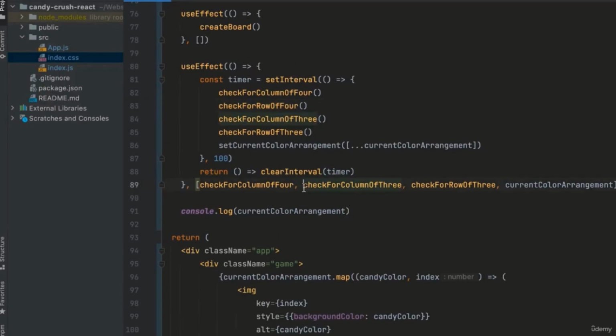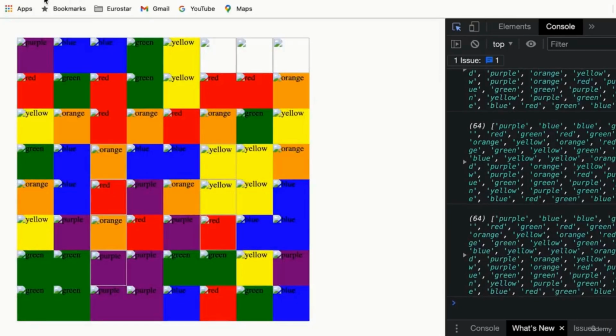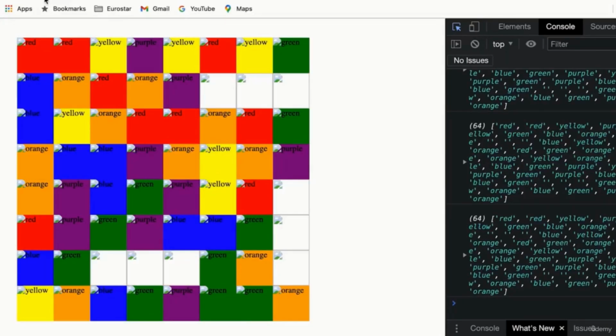Let's carry on. Now we have completed doing checks for all the matches. The next thing we are going to do is actually move squares down into the squares below if it is empty. Okay,